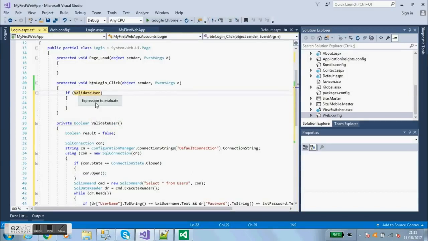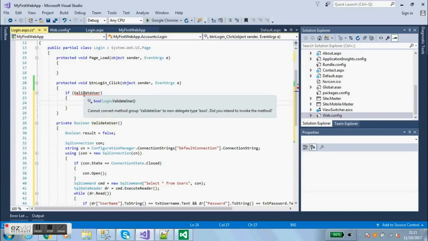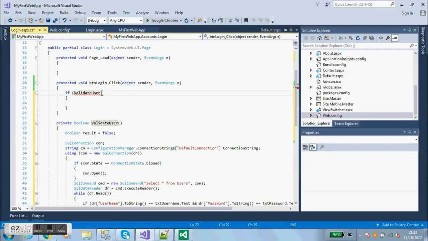So if ValidateUser, okay, so if it returns true, we've got a problem here. There we go. So you can either say if ValidateUser, or if ValidateUser is not true, doesn't matter really. And because it returns a boolean, this will amount to this if you check for a true result. So if the user is validated, it's going to say